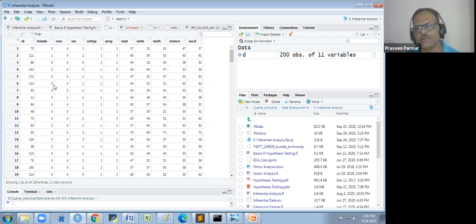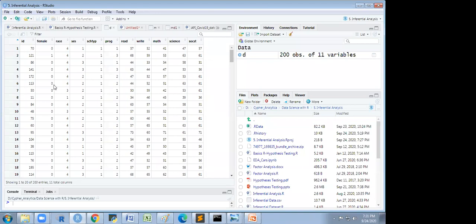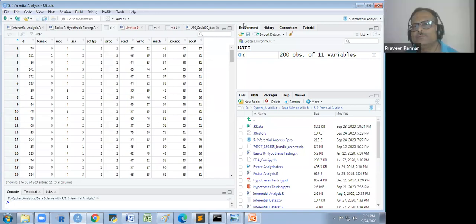And the school type, 1, 2 in this way, the good school or public, private, in this way. Program is there, what programs are running, 1, 2, 3, first program, second program, third program, the courses. And the read and write, the marks in reading and the marks in writing, the marks in mathematics, science and social science. So this is given to us in this data. Is that clear to everyone? Yes, sir. About the data? Okay.